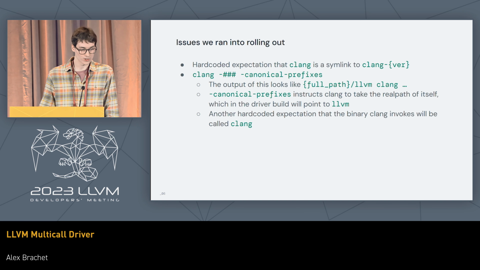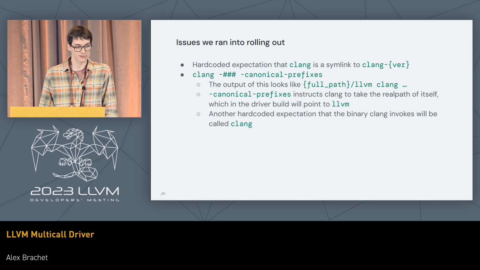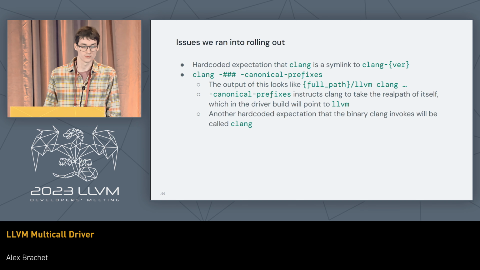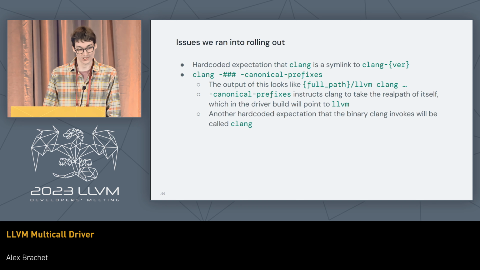The second one is a little more complicated. When you compile with canonical prefixes, it tells Clang to look at the real path of itself. In this case, that was LLVM. And so the Clang driver, when it reinvokes itself with canonical prefixes, has to do full path LLVM, and then the first argument will be Clang. Someone else was also hard coding the expectation that that tool would be called Clang, and we told them not to do that. I'm sure they're still hard coding, but